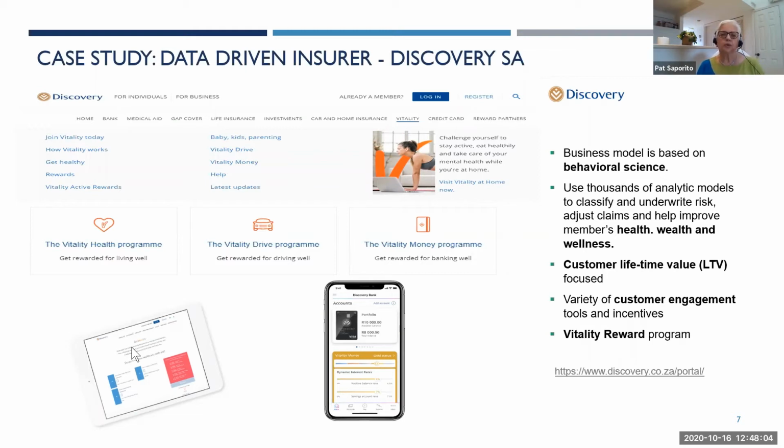So for example, in the auto program, making it more relevant for those of us on the line here, it's not just having the black box to monitor your actual behavior, braking behavior, miles driven, et cetera. They actually provide discounts on the tires, right? They provide a discount on a ride share service, so that you're not driving when you shouldn't be. If you've had a couple of drinks, you don't want to drive, right? Ideally, we shouldn't be driving, but they reinforce all of that. So I encourage you, like I said, this is a great example, and I could share others, but this is the one I've elected to share today.